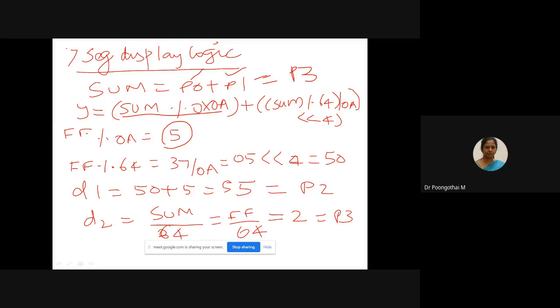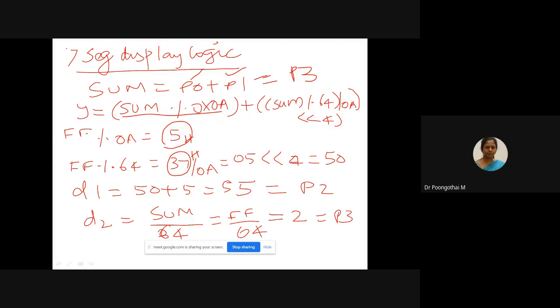Next I am doing FF modulus 64, so you will be getting the remainder 37 in hexadecimal. Again, I am dividing that number by 0a.